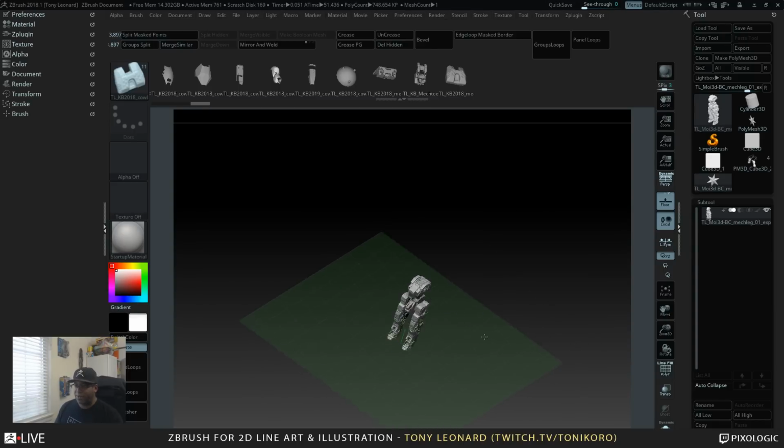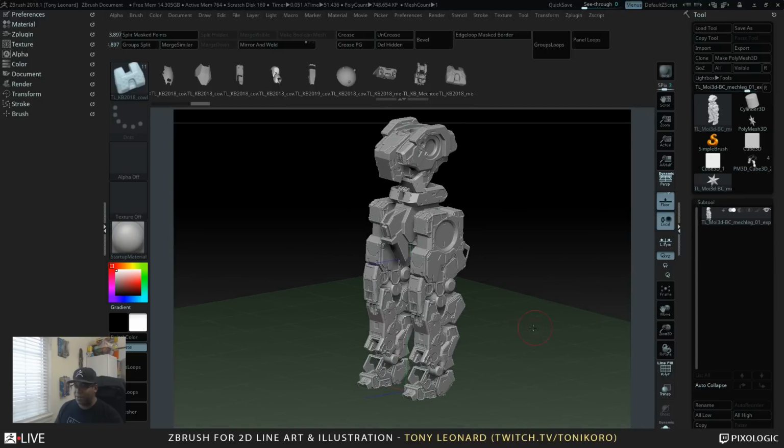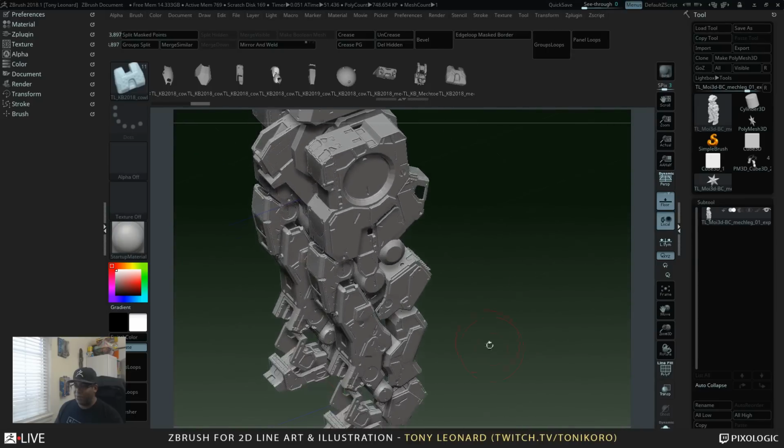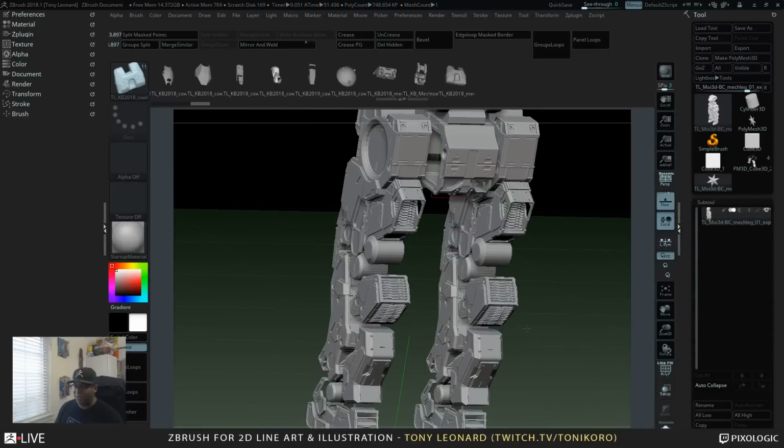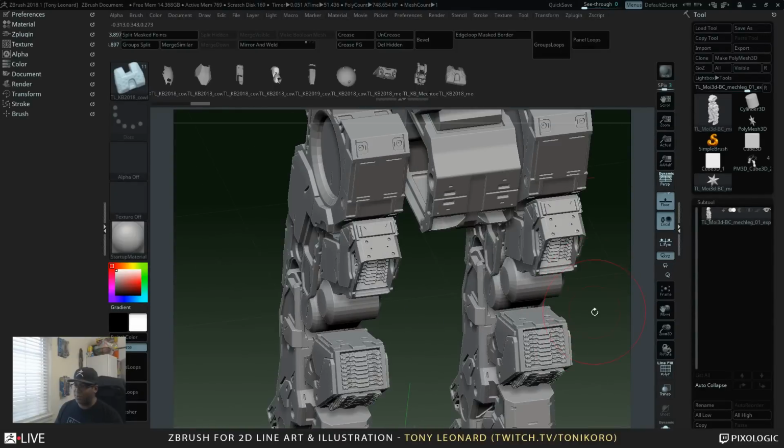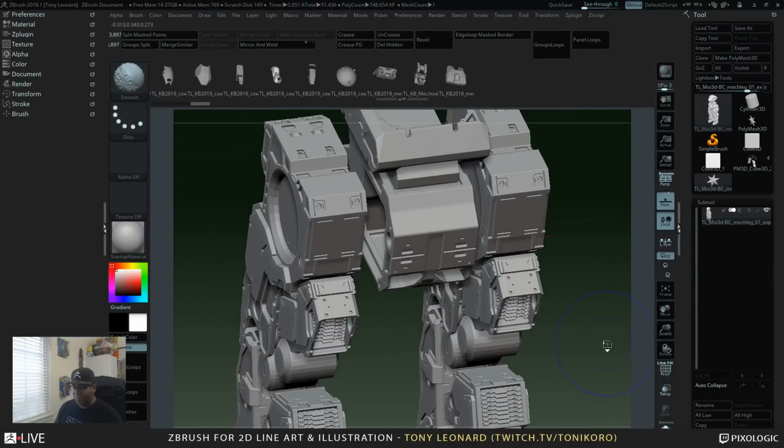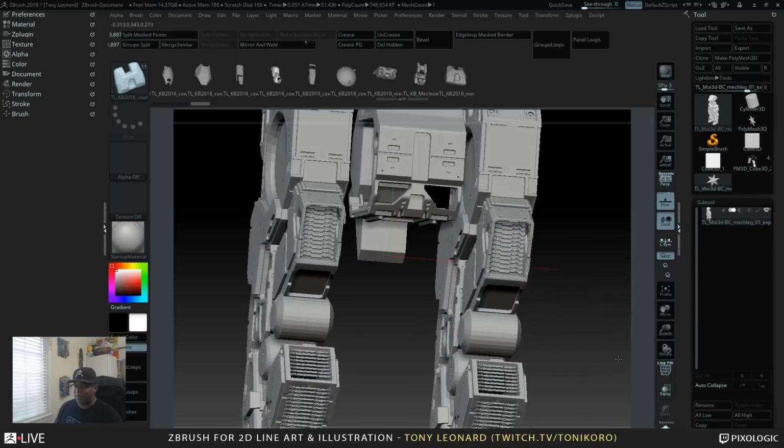And it imported. So it looks like with not one error or hole, everything that is manifold came through in a manifold way. So now I just want to take a look at this and look at it by the polygroup,